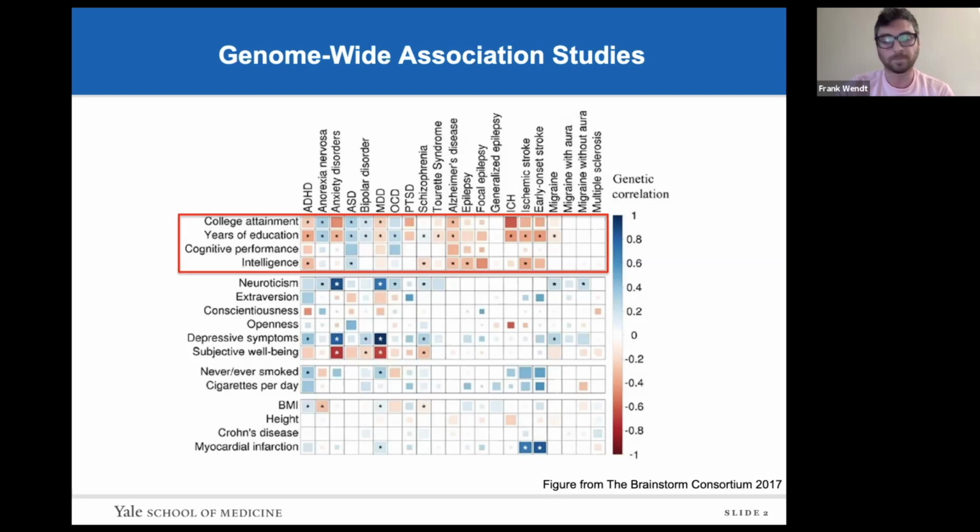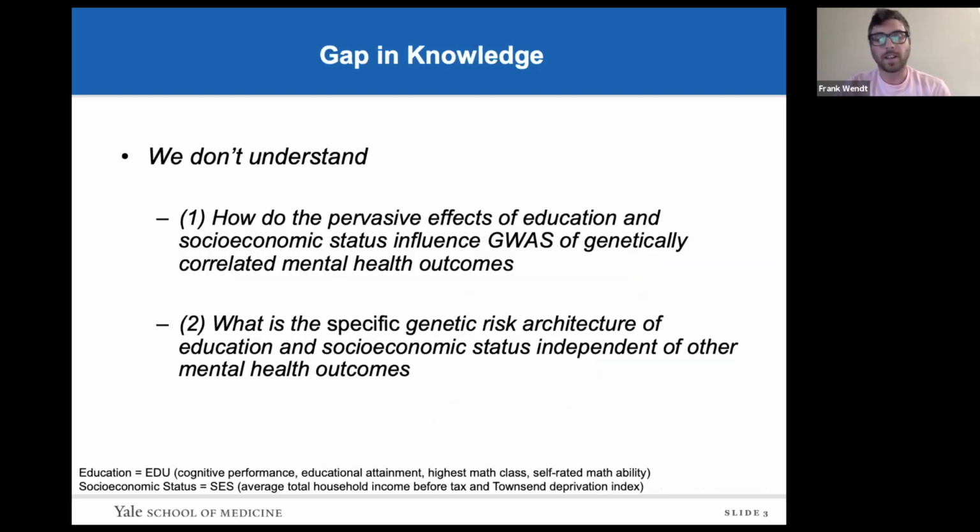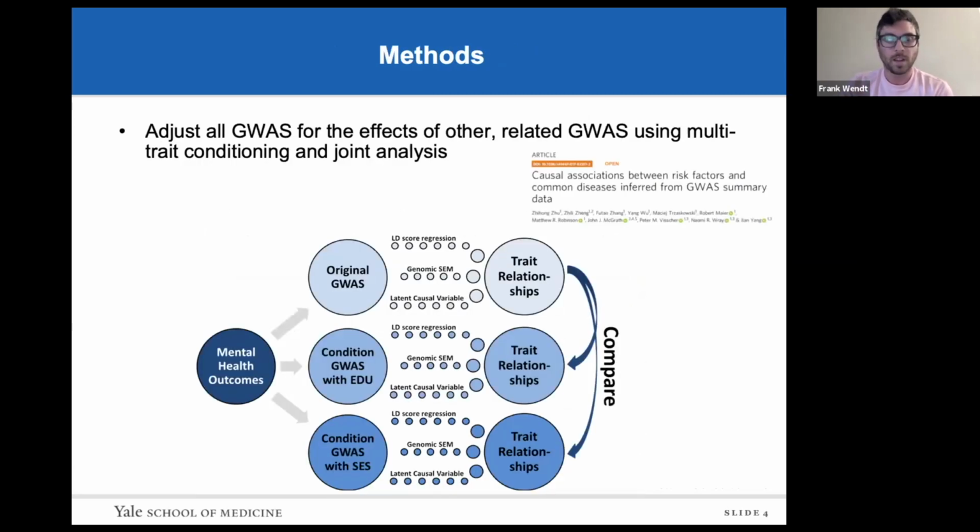So what we don't yet understand about the relationships between education and some of these mental health outcomes is how the pervasive effects of education, and we're also looking at socioeconomic status, influence what we can learn from the GWAS of those genetically correlated mental health outcomes. We're also interested in the reverse relationship as well. What is the specific architecture of education and socioeconomic status that is independent of some of these mental health outcomes? So to do this, we adjust all of our GWAS of interest for the per SNP effects of